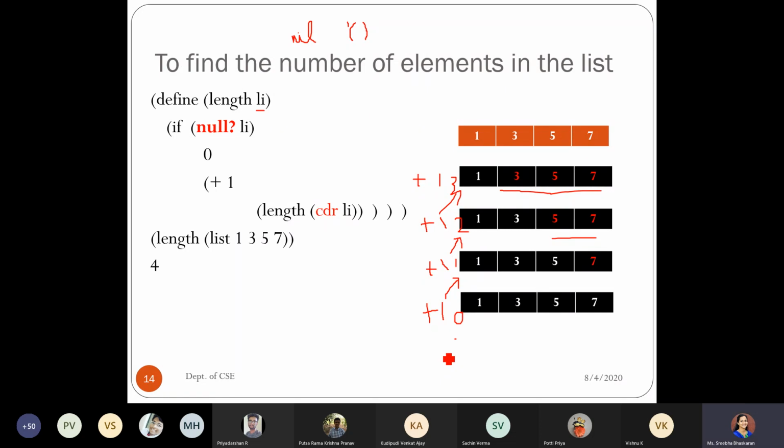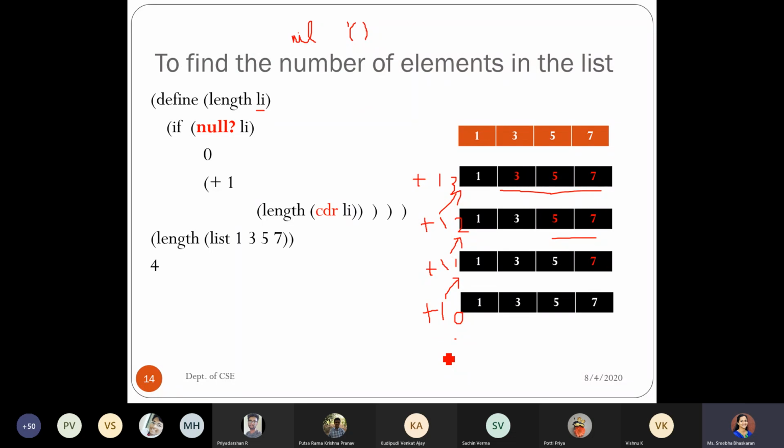Whenever you are dealing with the list procedures, that is whenever you are writing the procedure, you have to just remember: list is going to have the inbuilt nil. So first, as a stopping criteria, we can just go with the primitive procedure null. And each time you have to reduce the contents. How do we reduce the contents? Just by calling the CDR part.